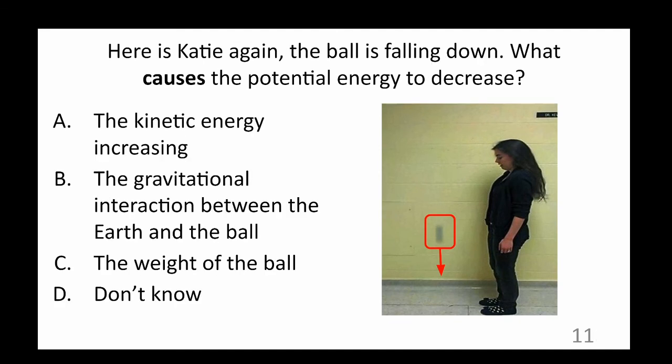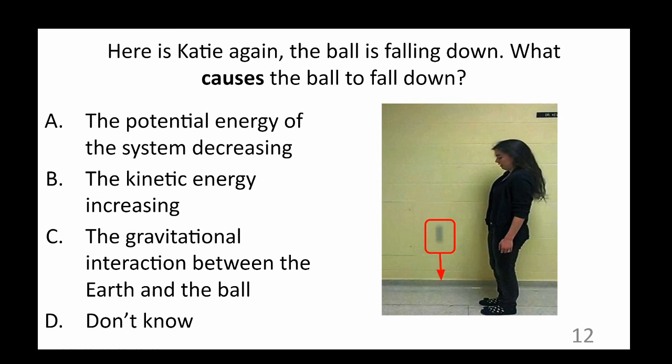Now let's think about what causes the potential energy to decrease. The potential energy of the system decreases due to the position of the objects that are in the field. As the position of the objects in the field change due to the gravitational force, the potential energy decreases because they're getting closer together. But what caused the ball to fall to the ground in the first place? The gravitational force causes the ball to fall down. Remember, the force also causes the change in potential energy.